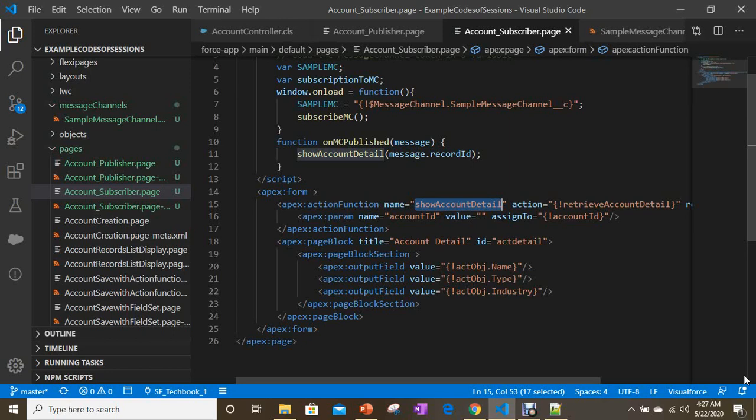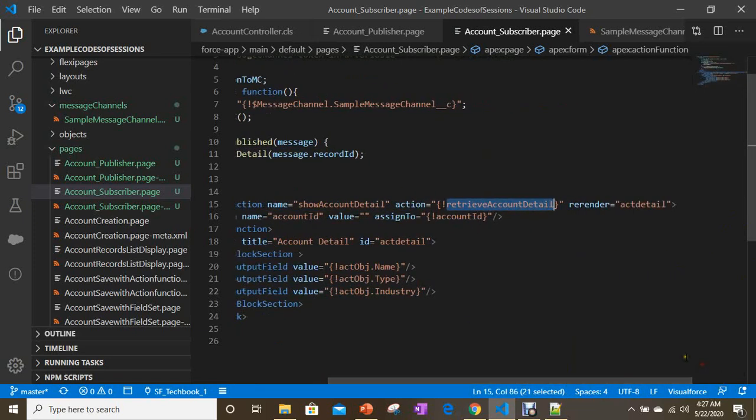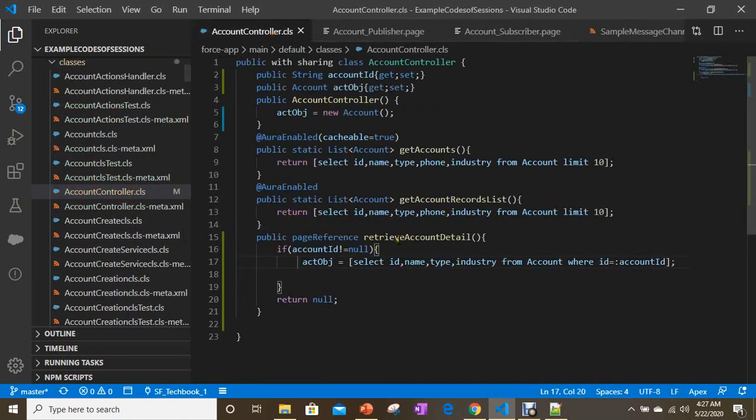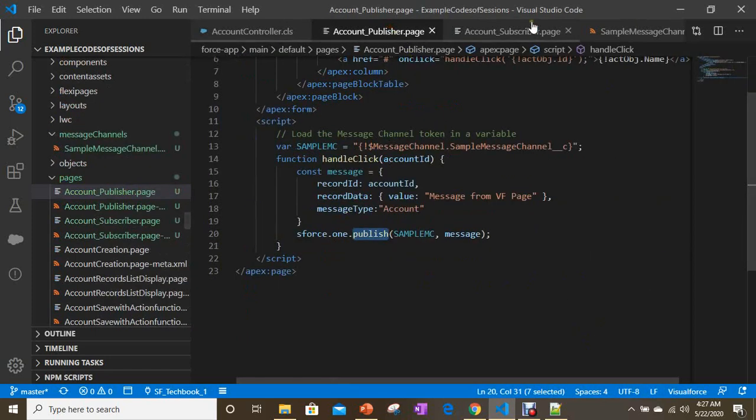This is how you can call action or controller methods from JavaScript and pass the parameters. Once it passes the parameter and calls the method, it can retrieve the data with the help of this method, retrieve account detail, and pass the account data with the help of the action function.